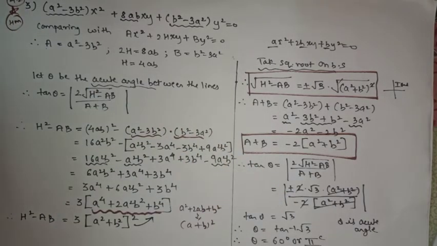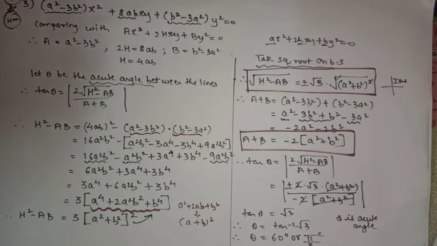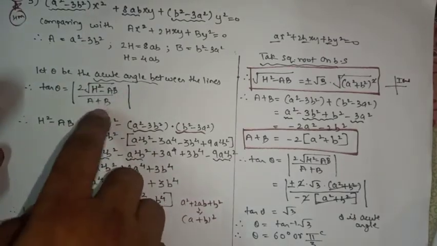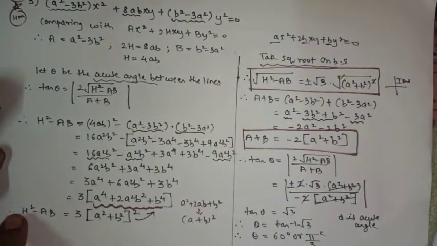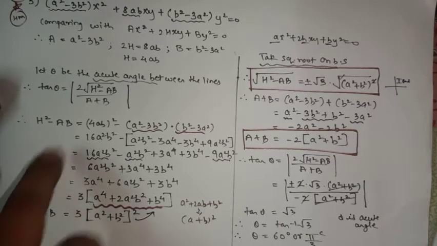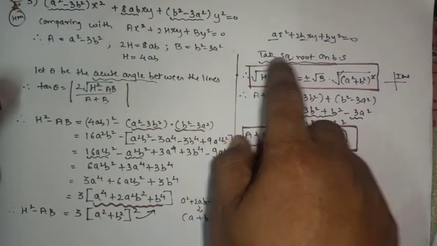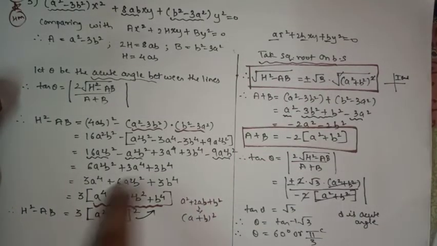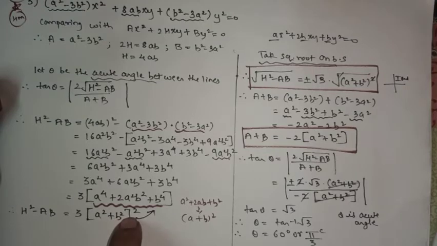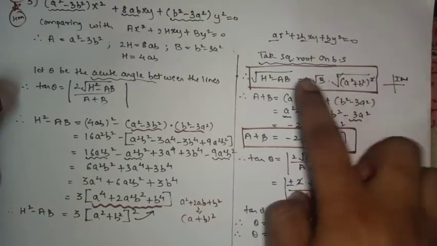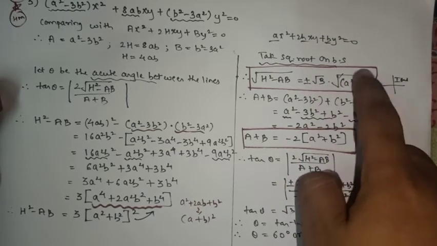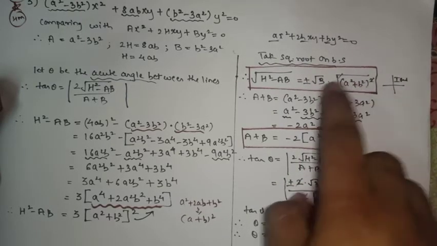Okay, to make the presentation clean and clear and neat, take this part separately, h square minus ab and a plus b. So here you will get the answer h square minus ab as this part. After that, actually we require square root, so I took square root on both the sides. So square root of 3 is root 3, and the square root of this part, the square root will get cancelled, and you will be left with root 3, the square root of the square will get cancelled, and a square b.